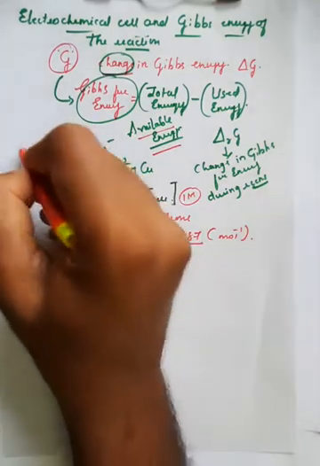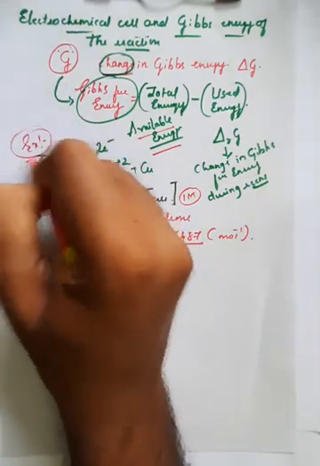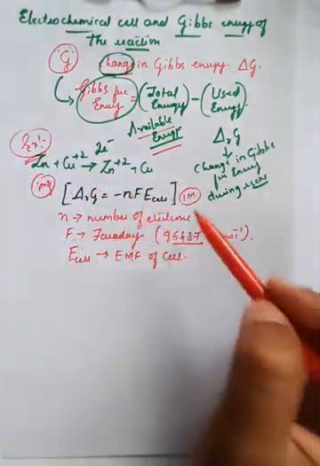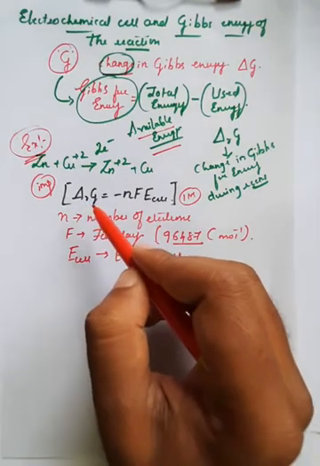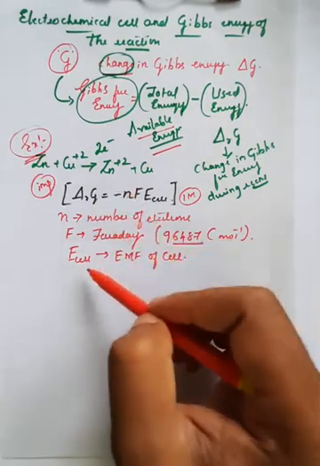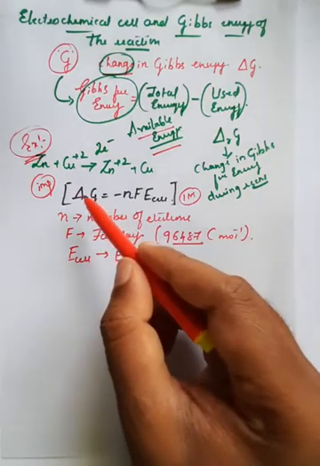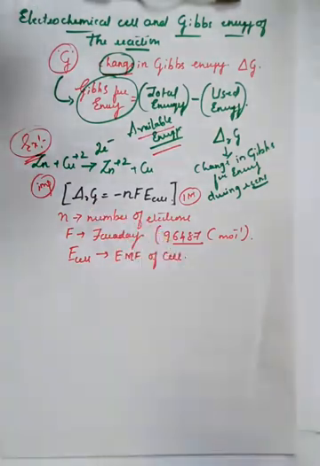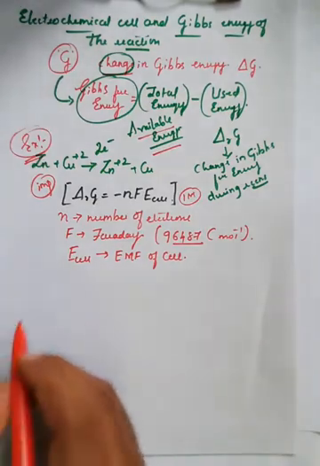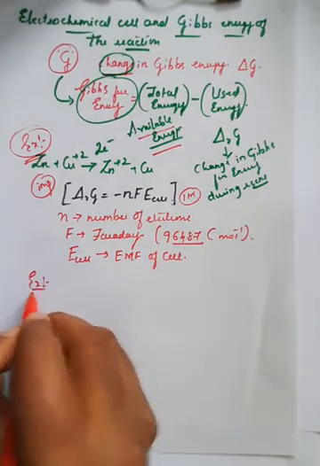For example, here we have taken the Daniell cell. In case of Daniell cell, you can calculate the total change in Gibbs free energy during the reaction. If you know the total EMF of the cell and the number of electrons transferred, we can directly calculate the delta R of G. This is very simple, right? And we'll solve one example.